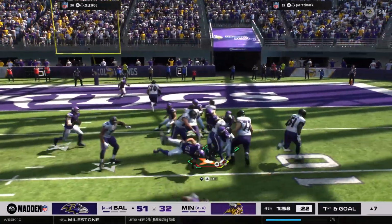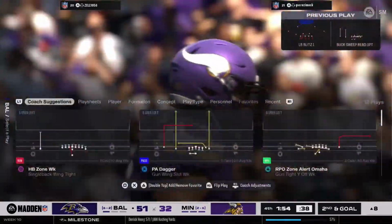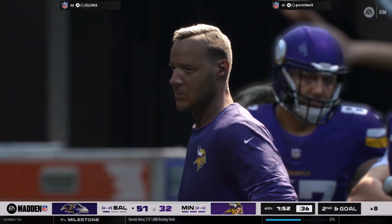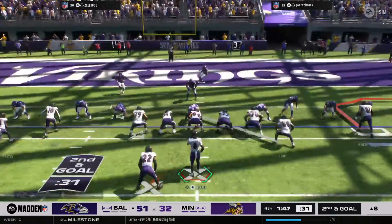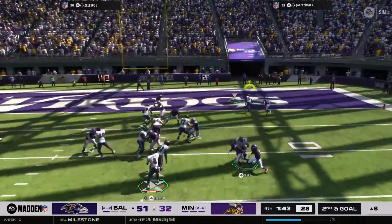They'll try and run for it with Henry. And for one of the few times here today, this run's not going to go anywhere. That's going to go as a loss of 1 on first down. In most goal line situations, defensive tackles are just trying to hold the line, hold their ground, and let the other guys roam and make the play. But in this situation, he's able to push his way into...